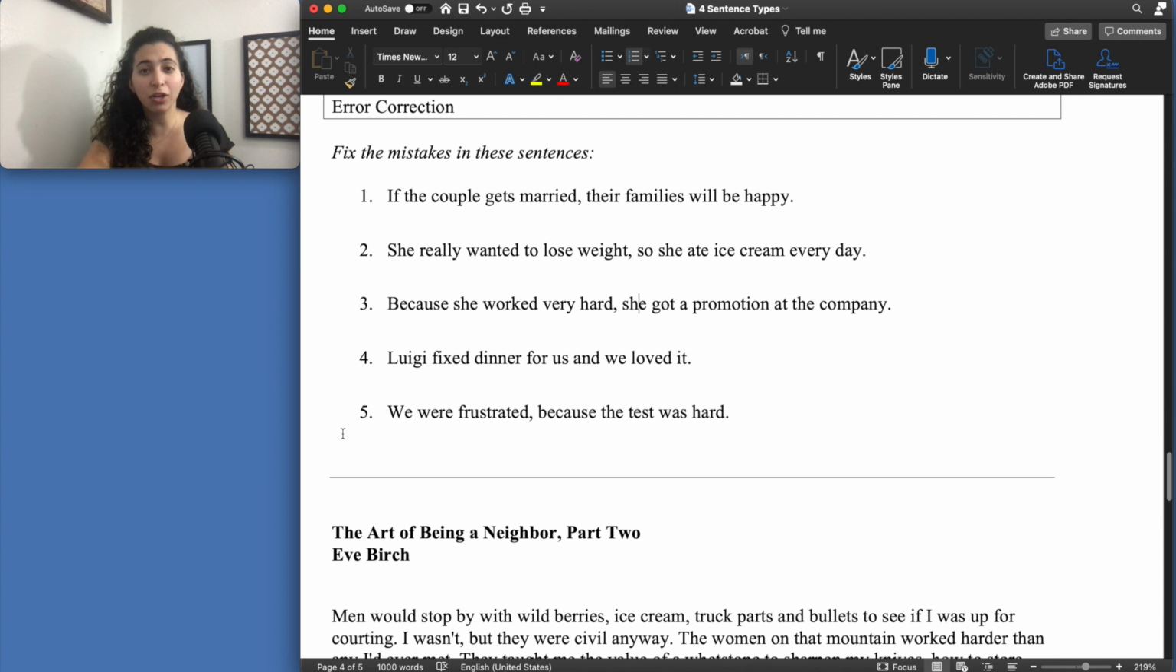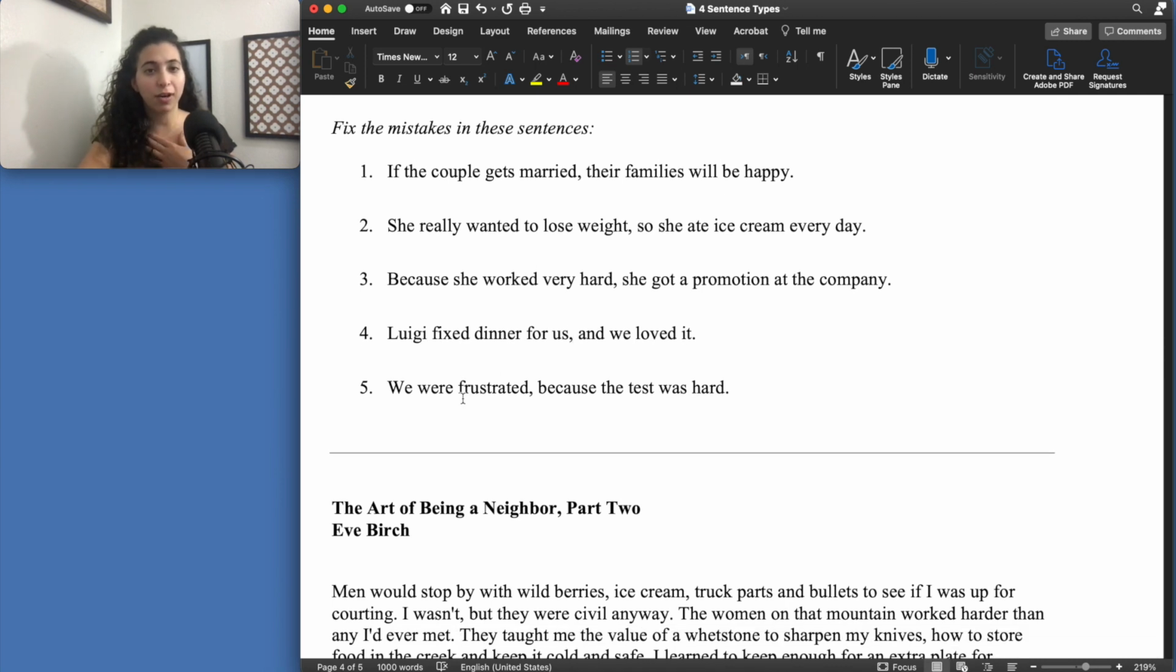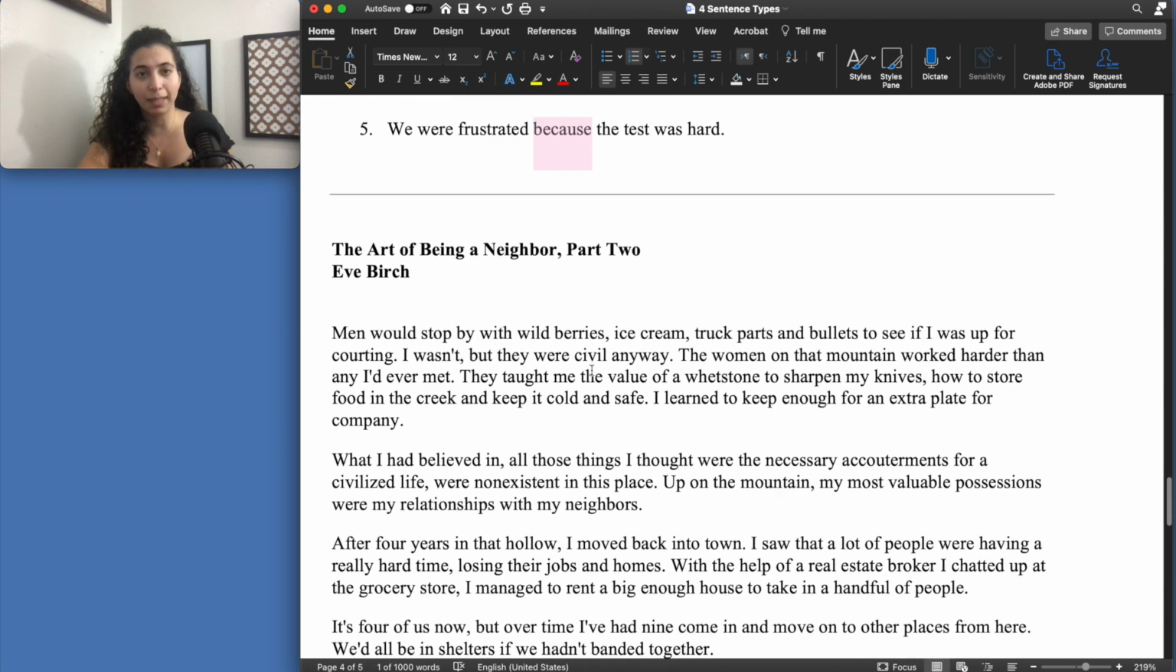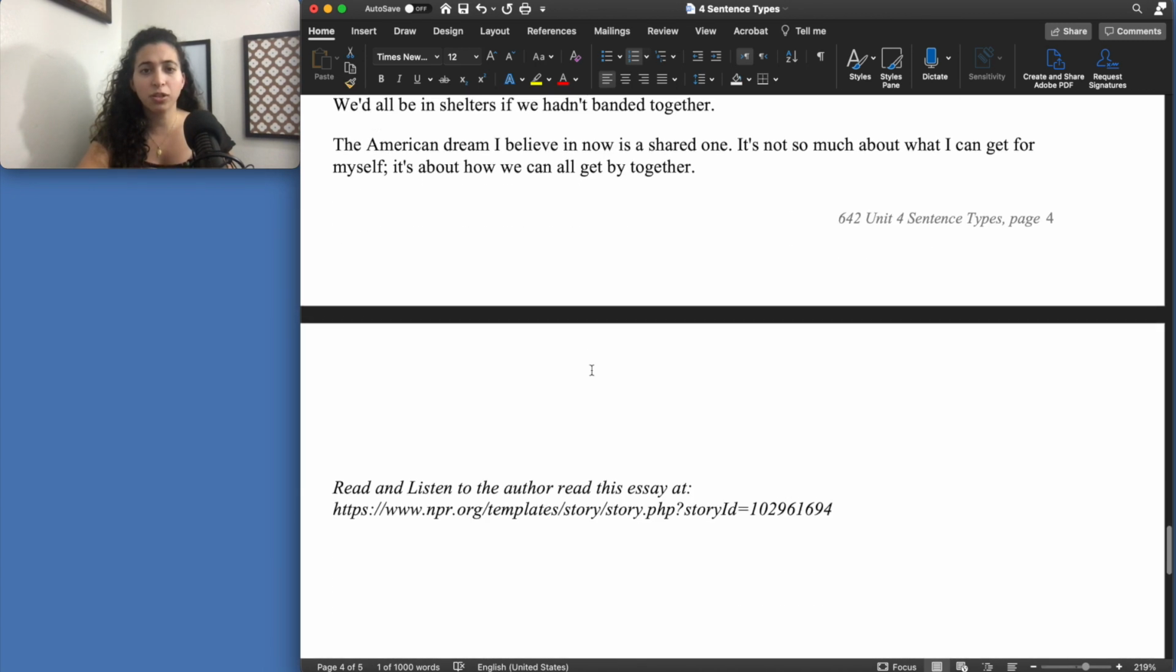Luigi fixed dinner for us, and we loved it. Now, before and, we have to put a comma. Okay? Luigi fixed dinner for us, and we loved it. We were frustrated because the test was hard. Now, we can't use a comma here because because is in the middle of the sentence and not at the beginning. Okay, so this again,